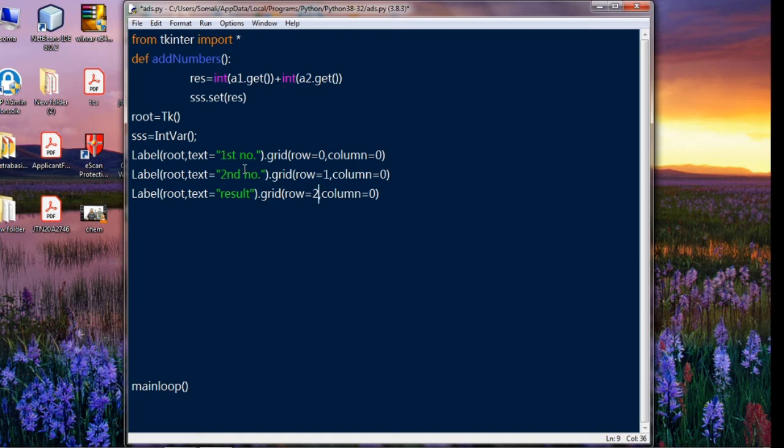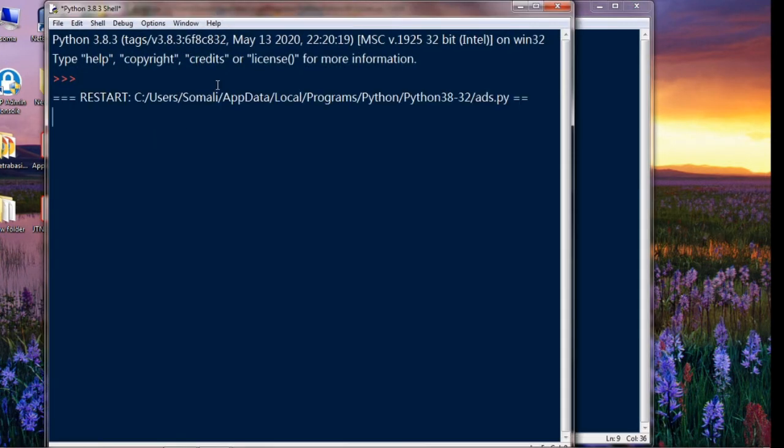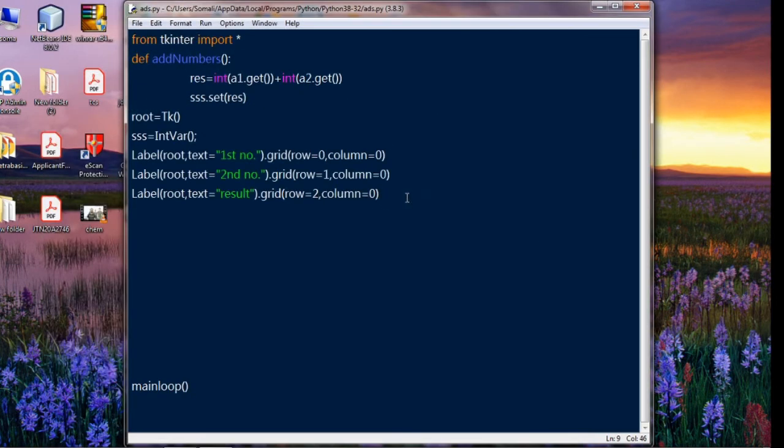Then run it. Here is the first row, first column, started from 0.